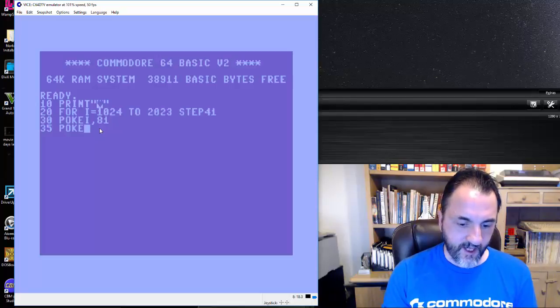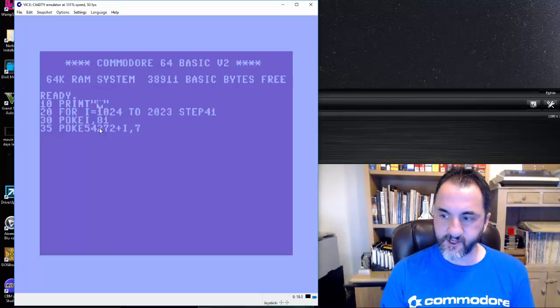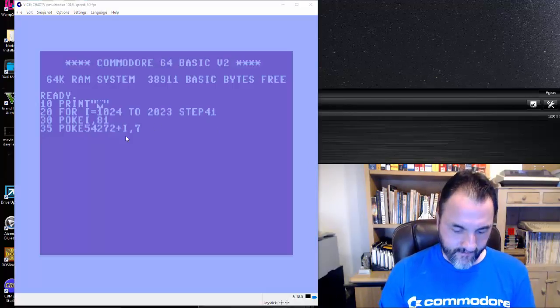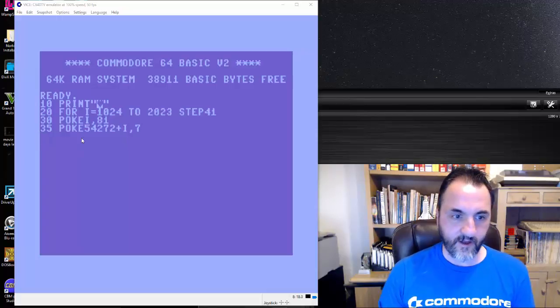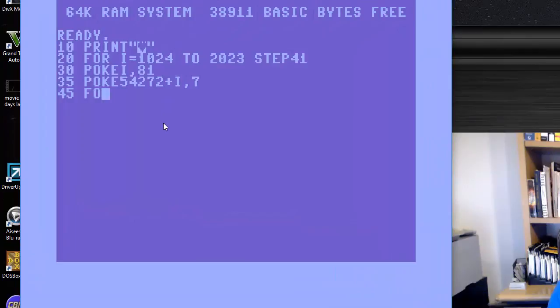Next, we're going to poke in color memory into that same area. So remember, we just add 54,272 plus the screen memory location to get there. And then we set a color value of 7, which I set up on my color chart, so I can tell you what that is now. That's yellow. We're going to set a little loop inside of here on the next part so that we can slow it down and see it. You have to slow things down sometimes on the Commodore 64. You won't be able to see it. And set our next. And then now we're going to be